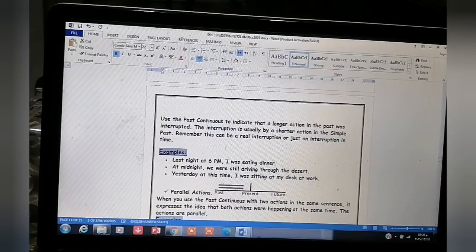Look here. We use the past continuous to indicate that a longer action in the past was interrupted, okay? The interruption is usually by a shorter action in the simple past. Remember, this can be a real interruption or just an interruption in time. Like what? Look at me. For example,